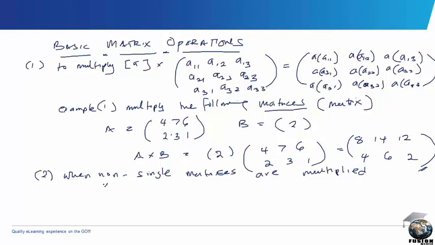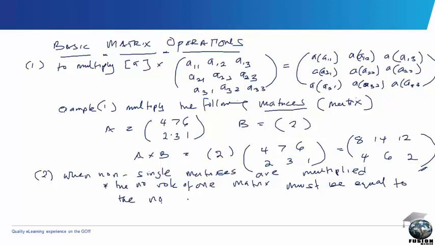The first condition states that the number of rows of one matrix must be equal to the number of columns of the other matrix. Okay, this is matrix. And so the second condition there states that